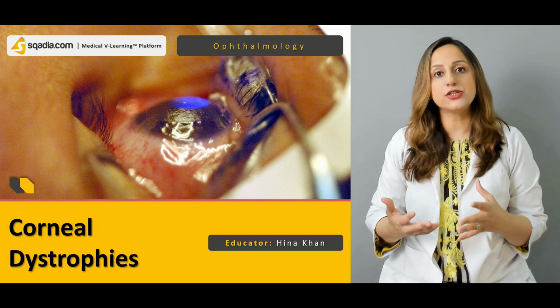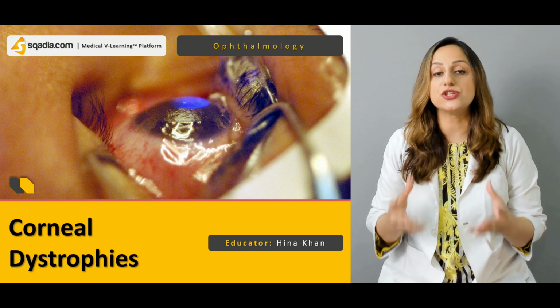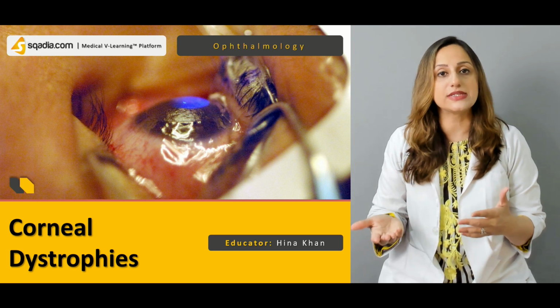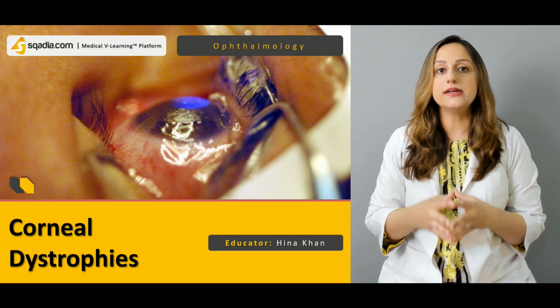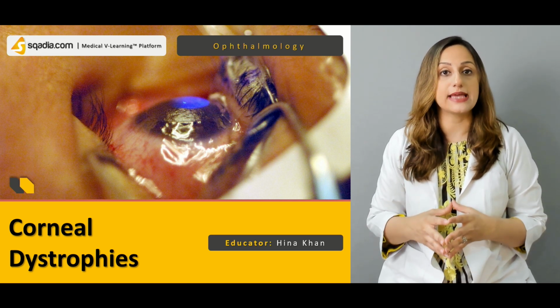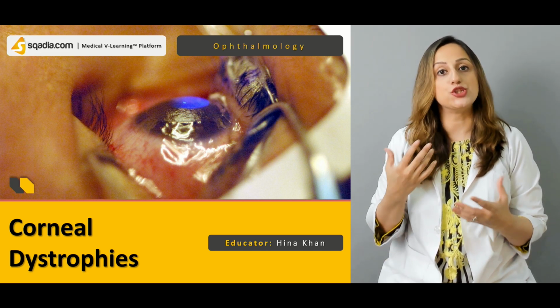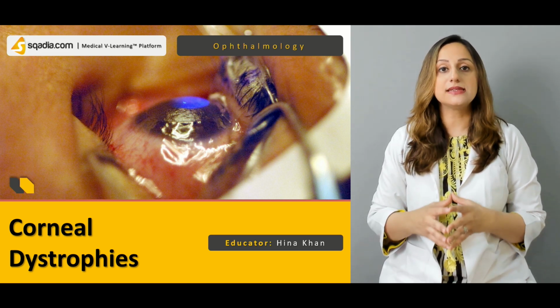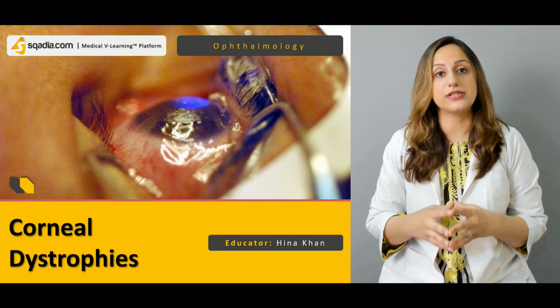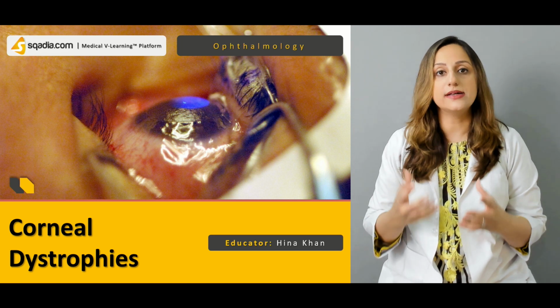So when we go into the detailing of these genetic mutations that are occurring and then obviously resulting in the corneal dystrophies, we come to know that these mutations can be autosomal recessive in their nature, they can be autosomal dominant in their nature, and these are the different kinds of genetic mutations leading to these kinds of corneal dystrophies